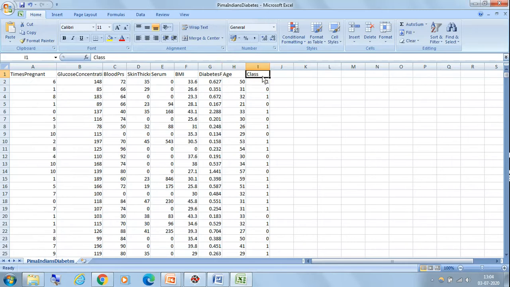And the last one, class, is our categorical outcome variable. In this case the outcome variable is binary because it has either value 1 or 0. 1 indicates maybe the person has diabetes, 0 indicates the person doesn't. So this is our input data set.